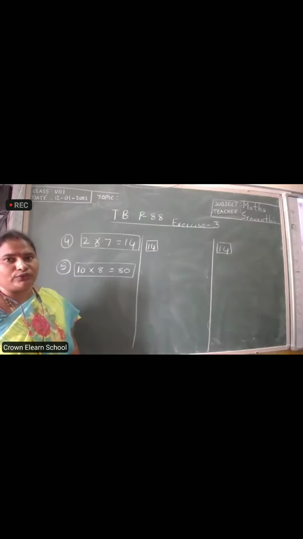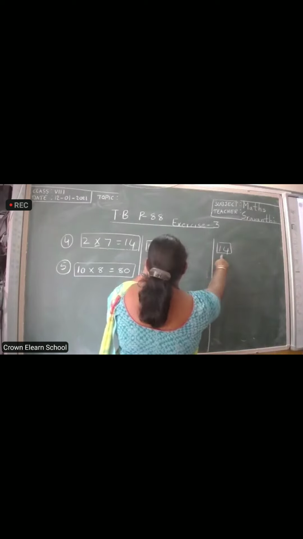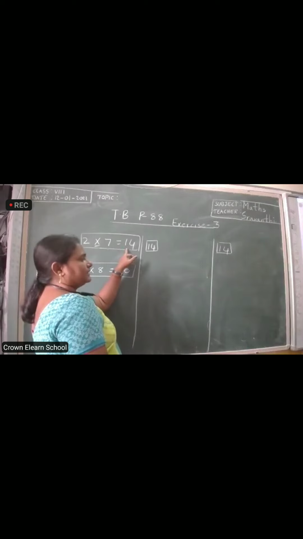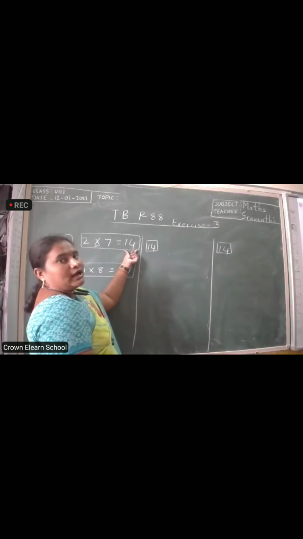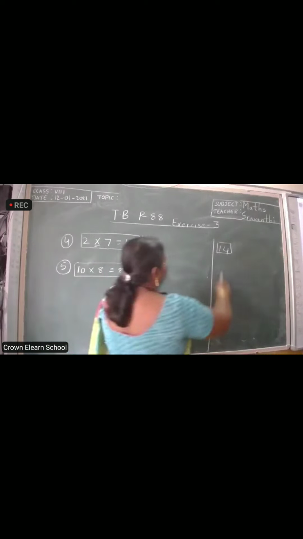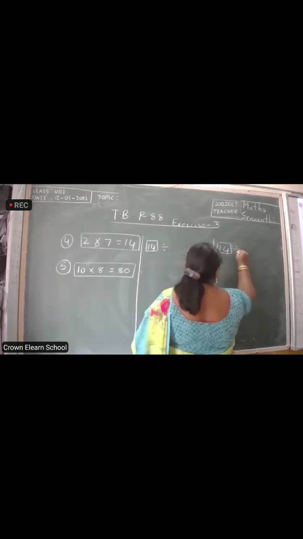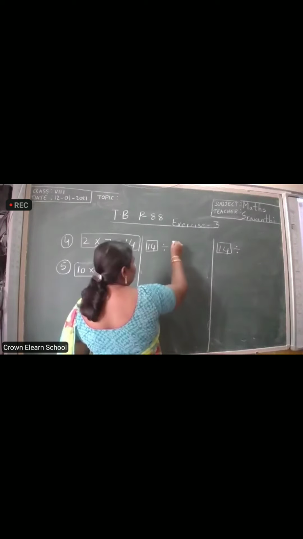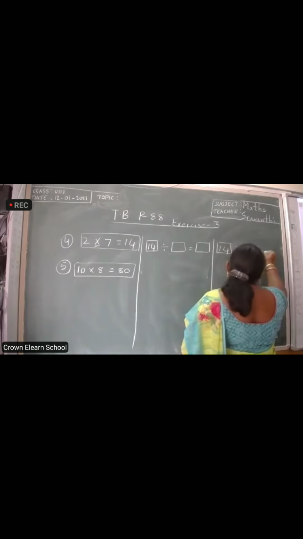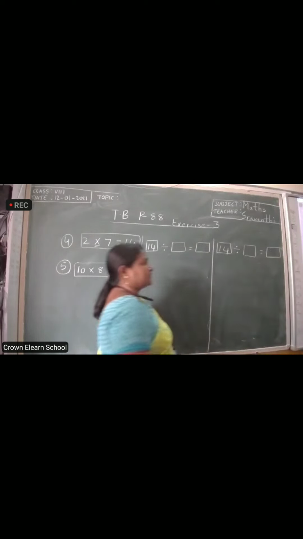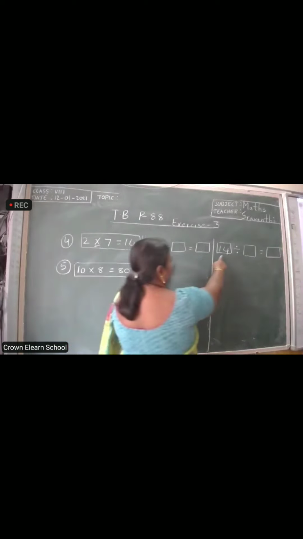Have you written that? Have you filled? Two division forms have 14 as a first number. 14 is the answer in the given multiplication fact. We are taking the answer and taking it as the first number in division. Already division symbol given in the textbook. And we need to fill two more boxes in the textbook. Just check now whatever you have done. Please check whether your answer is correct or not. Okay? Have you done the same? Have you written 14, 14?